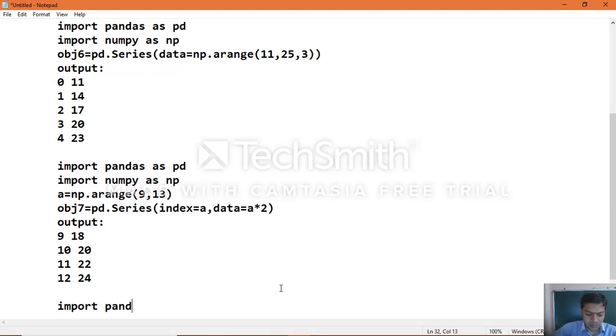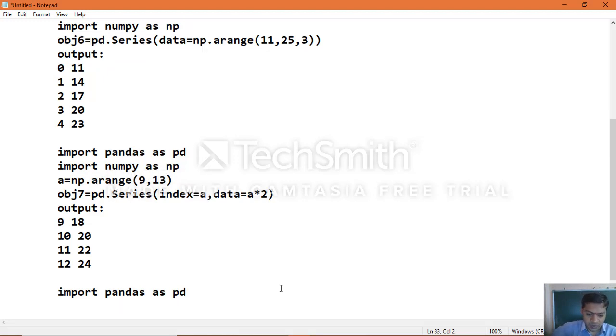Another example: import pandas as pd, import numpy as np.